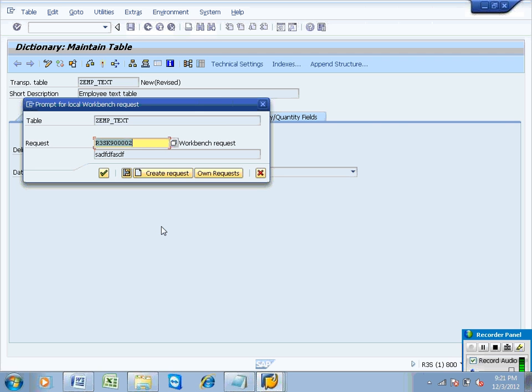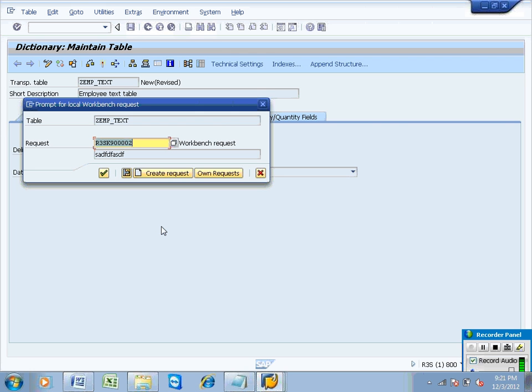In real time, we can have three environments: development, quality and production. Okay? And the table we are creating in the development system. Later on we need to have this table in the quality and production systems. The production system is the live system where users run reports and there are business transactions. We do development operations in the development system, which is here. Once testing is passed, then we move to the quality system. To move objects from one system to another system, we need to transport them.